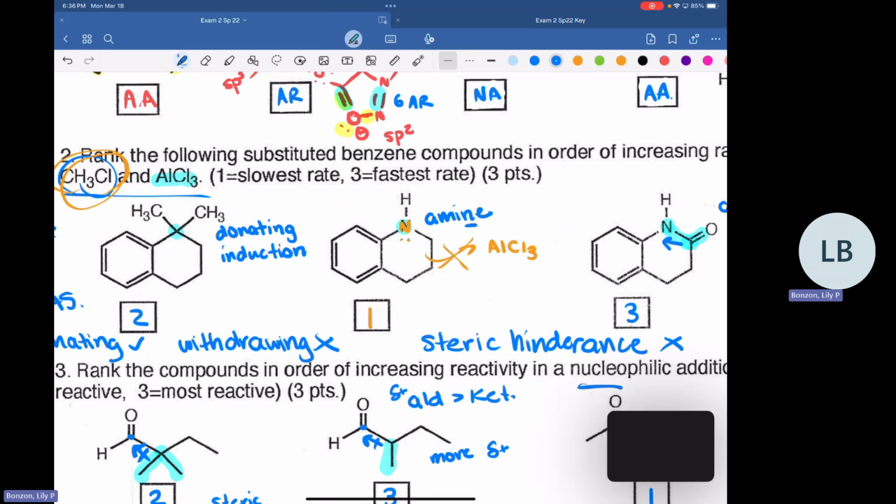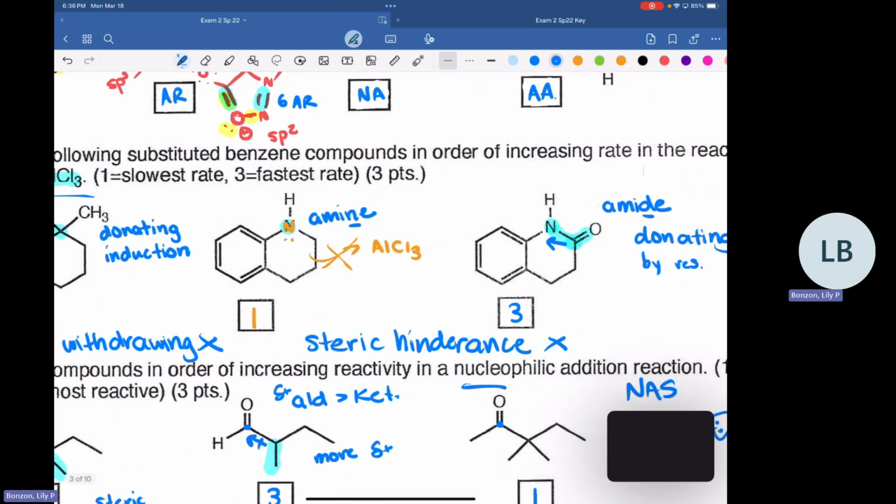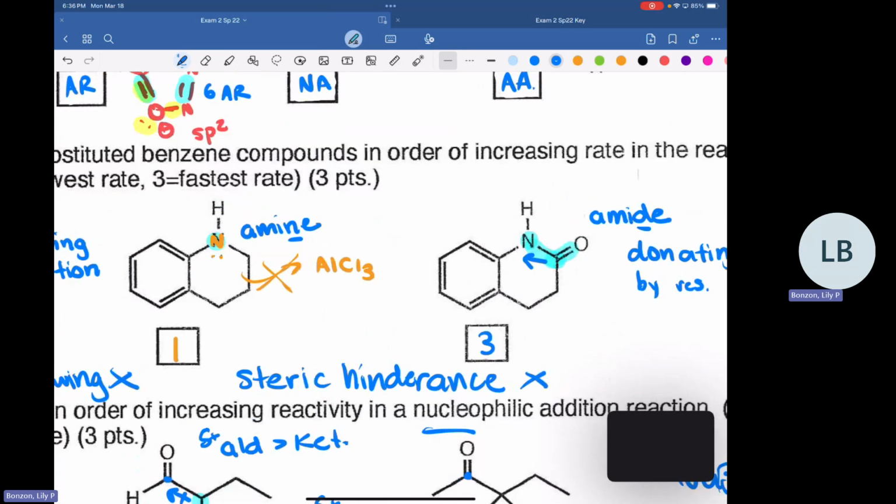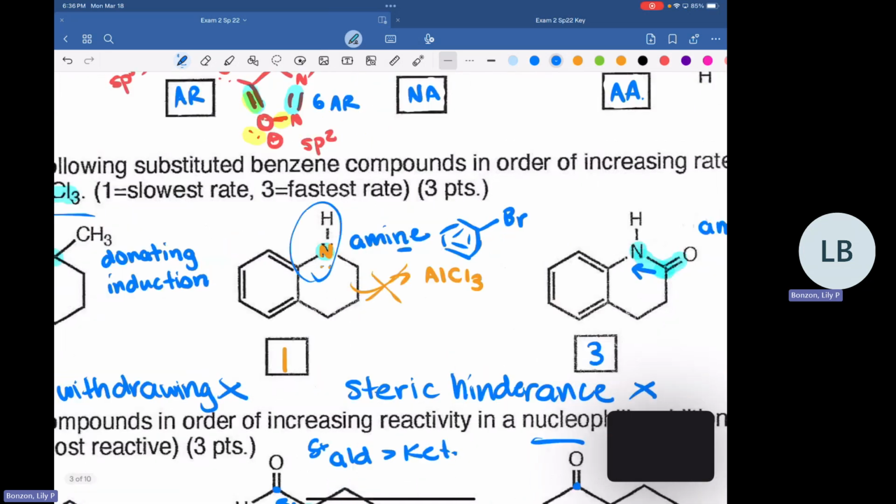Yeah, I would still think it would still react. It would just react less quickly, or it'd have a slower rate than maybe the left and the right here. The amine is kind of like the weird one where it just attacks the catalyst. So the amine is going to be one to watch out for just because it does something completely different. But if this was just a halide, something like this, it would still react. It just wouldn't have as fast of a rate as the other ones that were given.